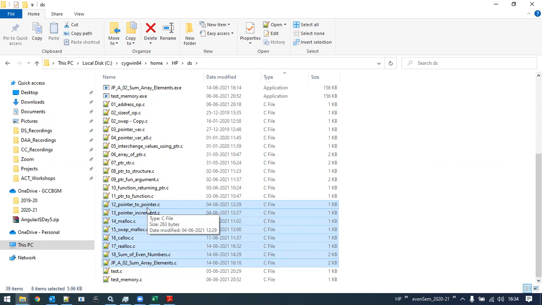Now, in the notes, the concepts related to pointers are given, the memory allocation and all the concepts with pointers: pointer and arrays, pointer and strings, pointer and structures, pointer and functions. Certain examples and programs are given. All those notes you are supposed to write in your notebook.